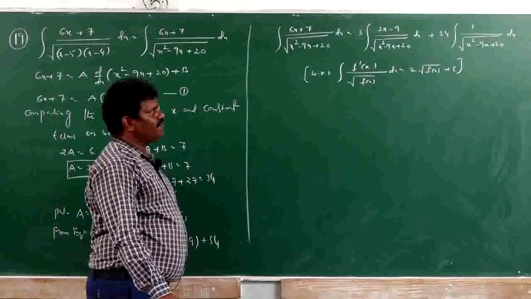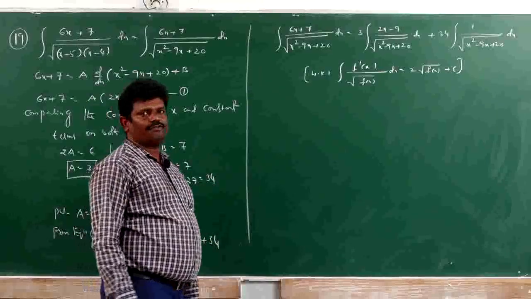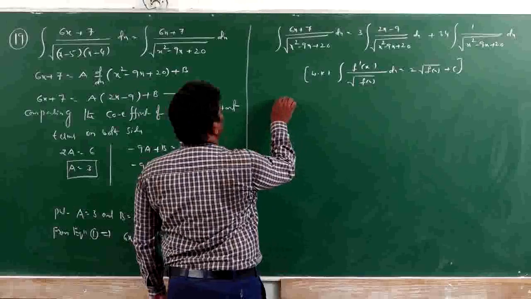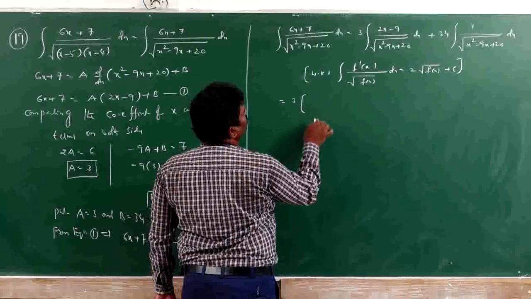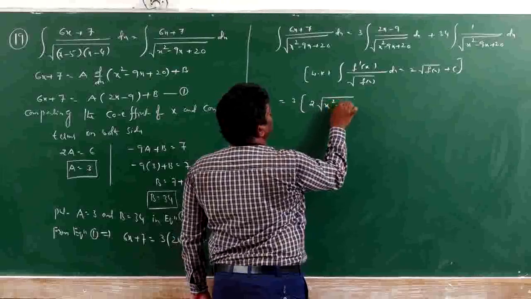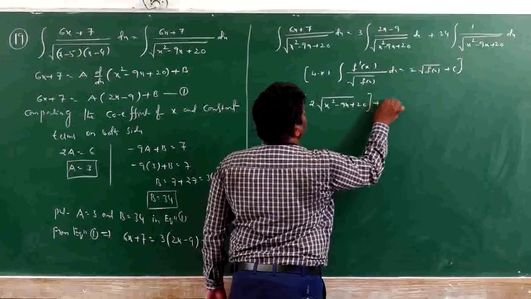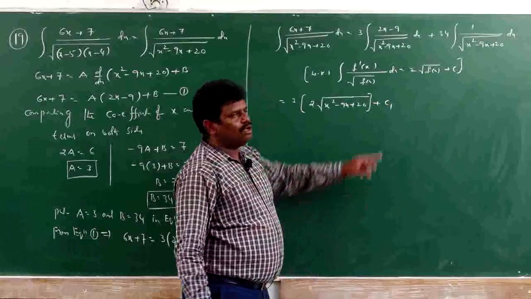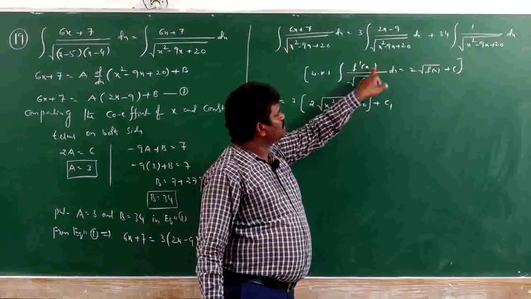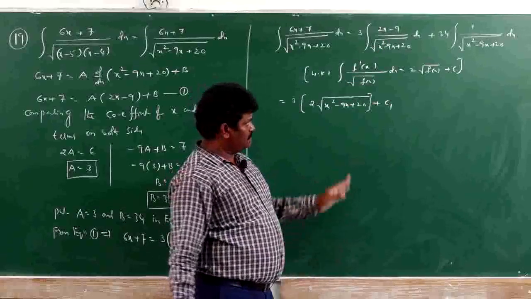So integral of f dash of x by root of f of x dx is equal to 2 into root of f of x. So that's why what we done here, 3 into this value, 2 into root of x squared minus 9x plus 20, plus c1. Okay? This is the f of x value, f of x derivative (2x - 9) numerator value, 2 into root f of x, plus